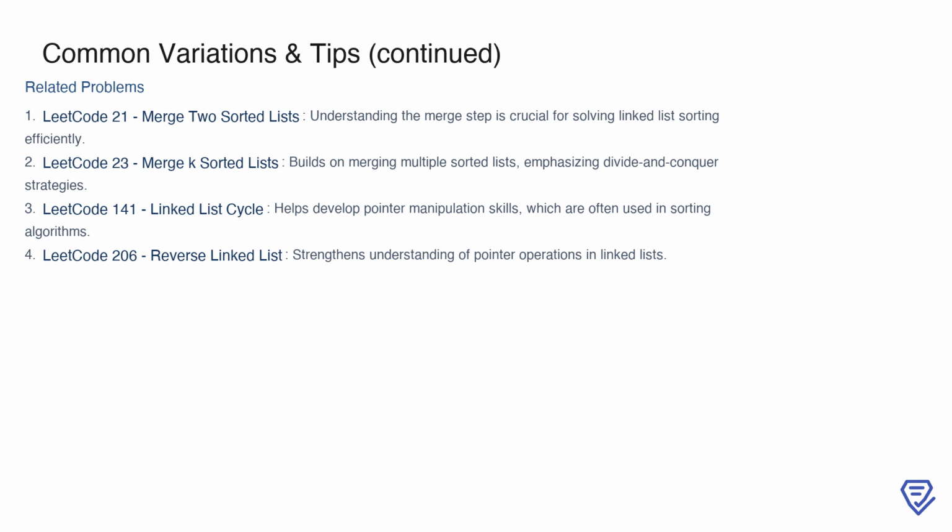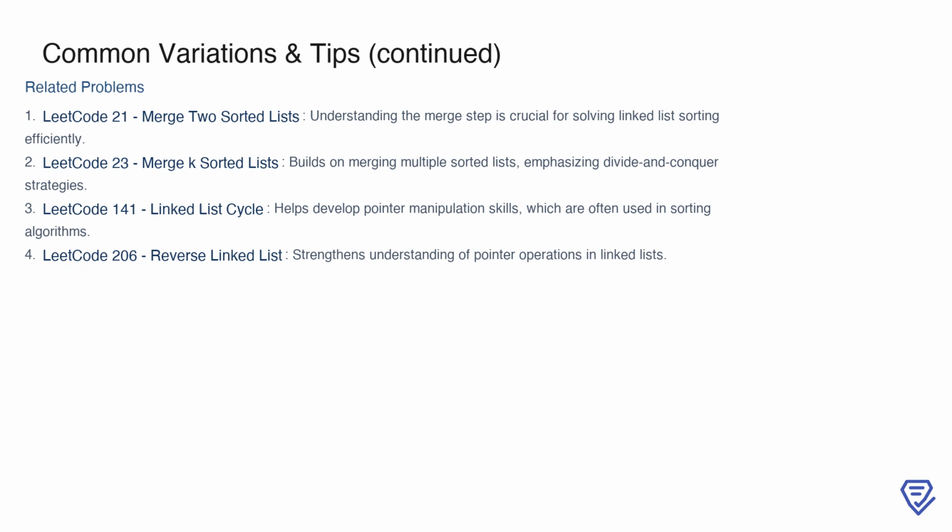Building on that, it's helpful to explore related problems that deepen your understanding and strengthen the skills required for sorting linked lists. For example, LeetCode 21, which involves merging two sorted lists, is directly connected to the merge step in merge_sort and is a foundational skill for solving this problem. LeetCode 23, which focuses on merging k sorted lists, takes this concept further by emphasizing divide and conquer strategies for handling multiple lists. LeetCode 141,